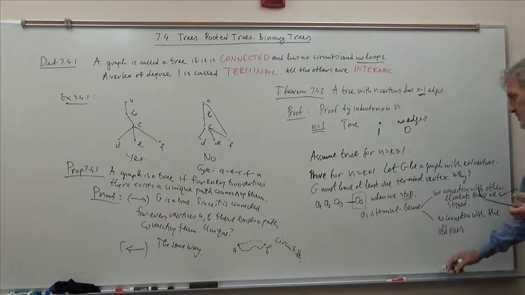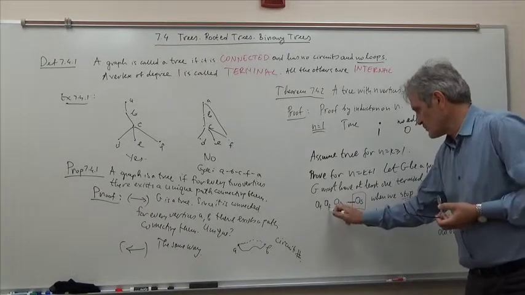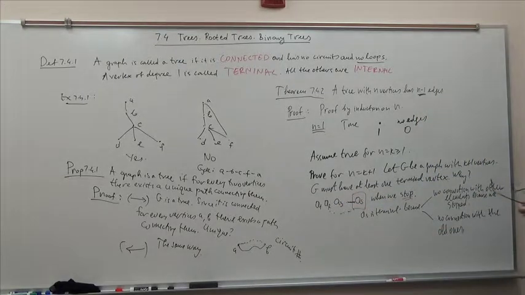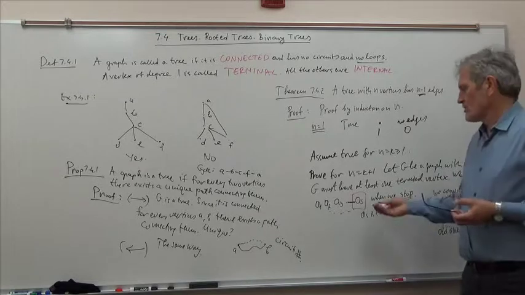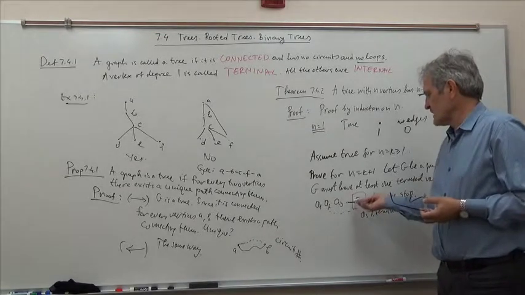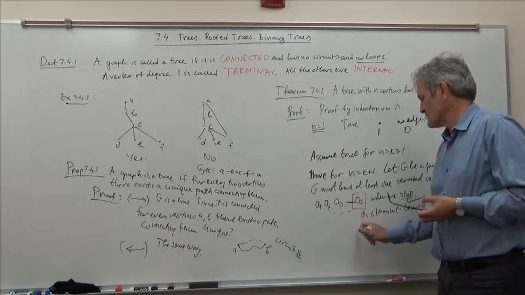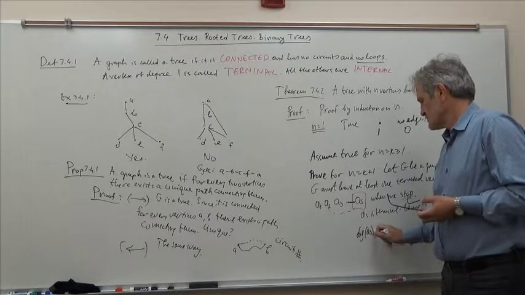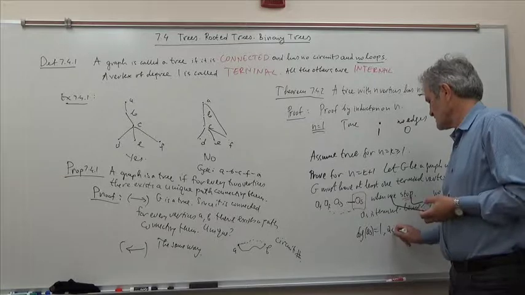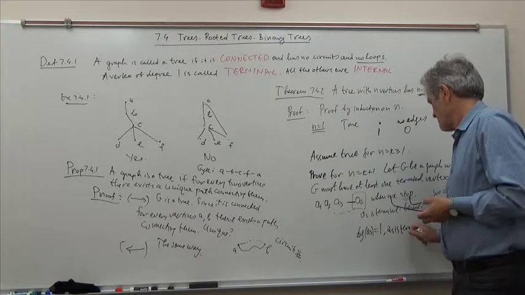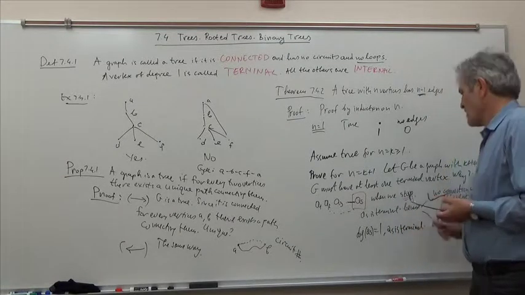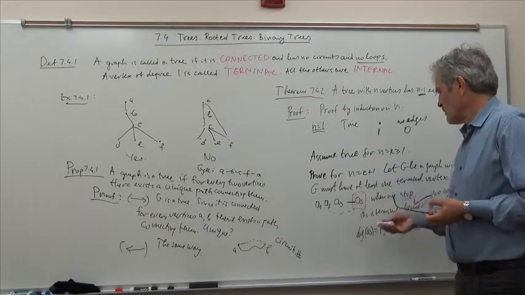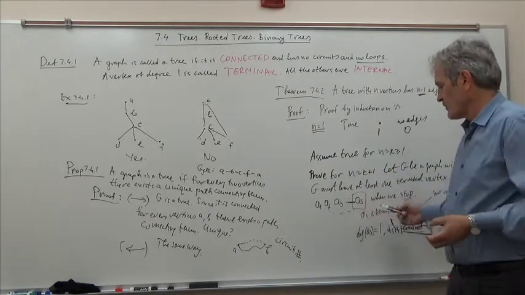Why not? Because if you make a connection with one of the previous ones, then we would have a cycle, and so AS has no more connection. So the only connection AS has is with AS minus 1. So the degree of AS is just 1, so AS is terminal. And then what? Now it's very easy. We cut off AS from the whole graph, not only from the path.